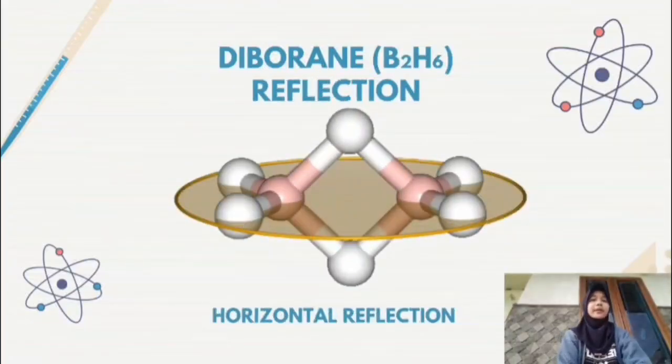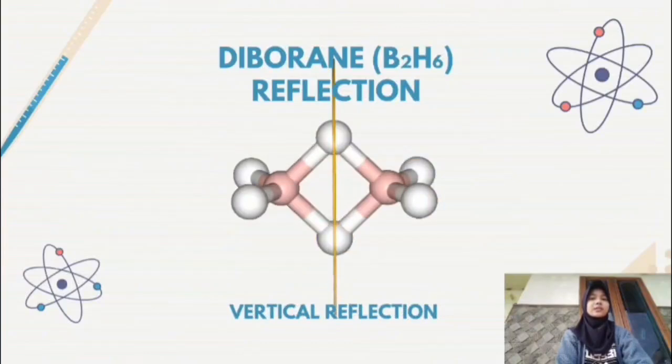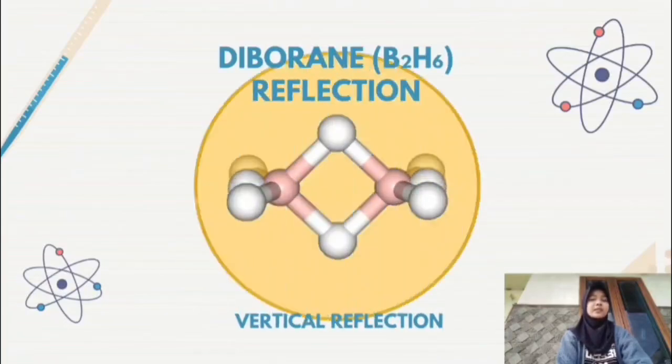Diborane has three reflection planes sigma that each divide the molecule into two identical parts. The horizontal plane is a flat plane that passes through both boron atoms and separates the bridge hydrogen atoms above and below it, so that reflection on this plane produces the same atomic arrangement. The two vertical planes are planes that pass through the B-B axis and each intersects one terminal hydrogen pair. These two planes symmetrically swap the position of the terminal hydrogen atoms of the left and the right sides.